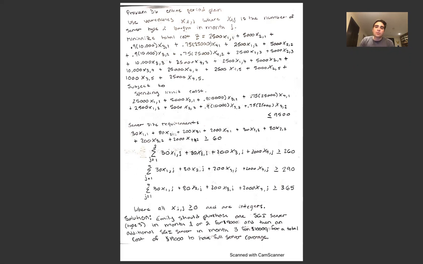So for example, in month 2, because there is no requirement in month 1, it means that all of the server size capacity from months 1 and 2 must be greater than or equal to